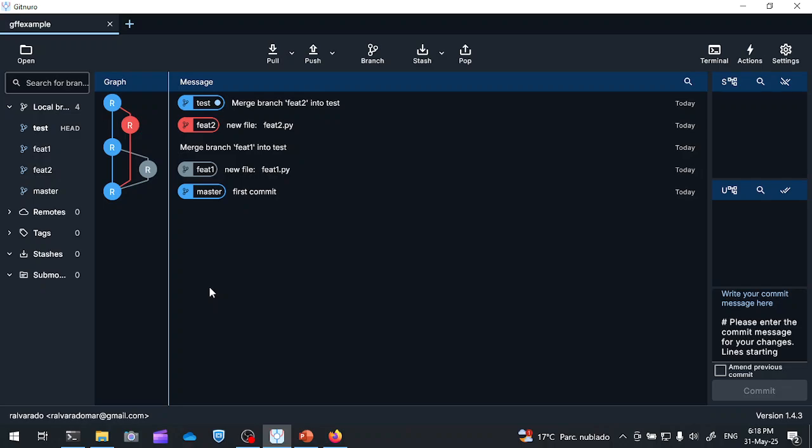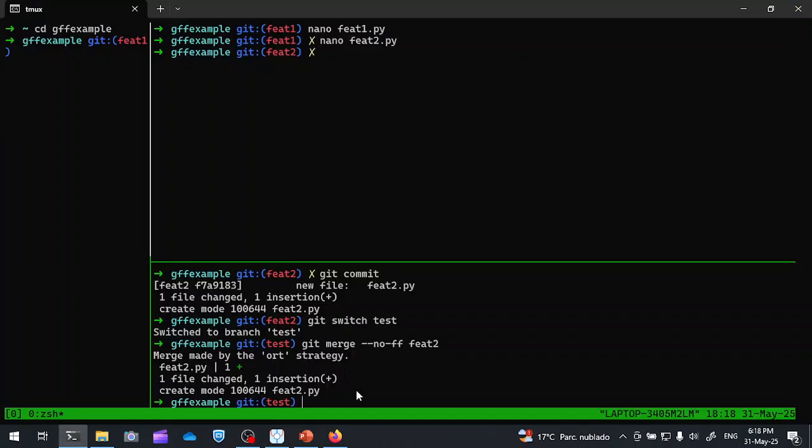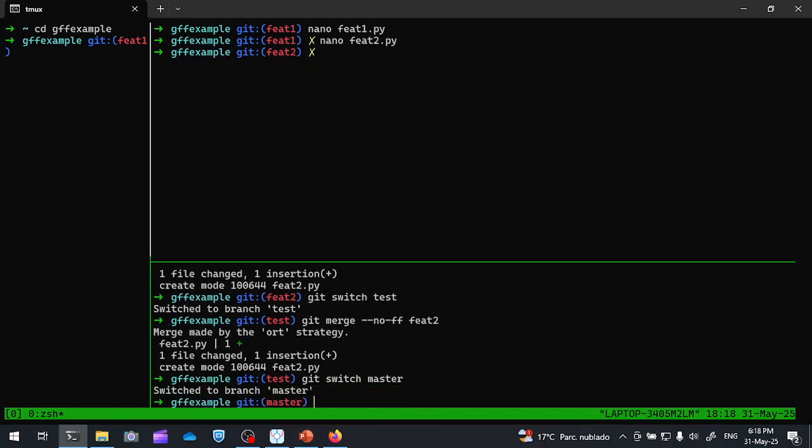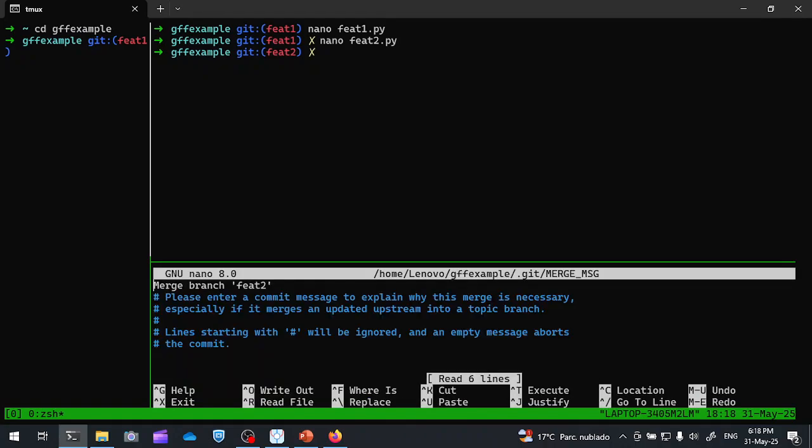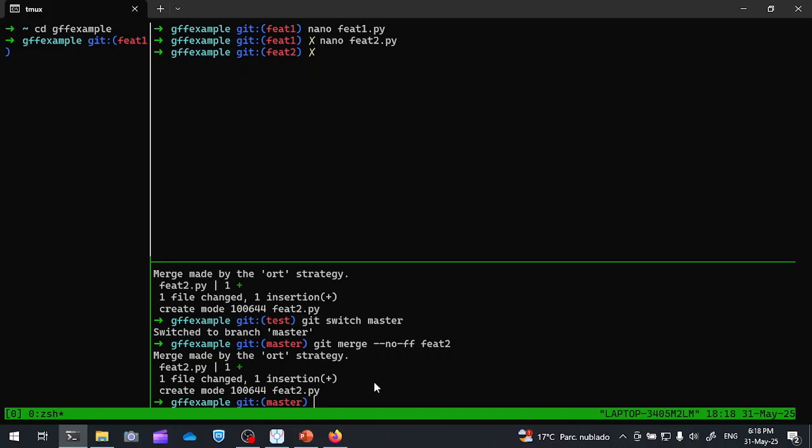So what do we do now? Well, we cannot deploy from test to master because test has wrong code, that is feature 1, and has right code, that is feature 2. So what we do is very simple, we just merge feature 2 to master. So we go to master, and now we merge feature 2. So feature 2 was merged,